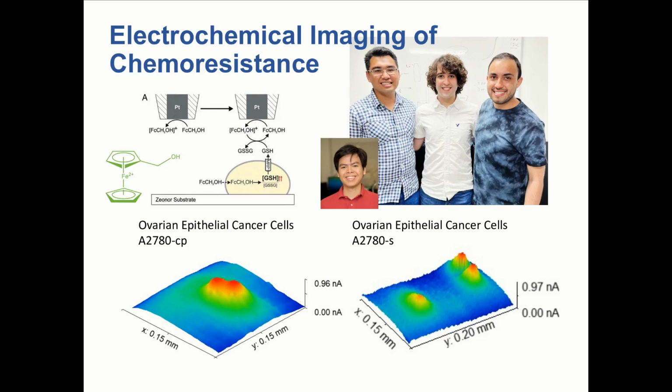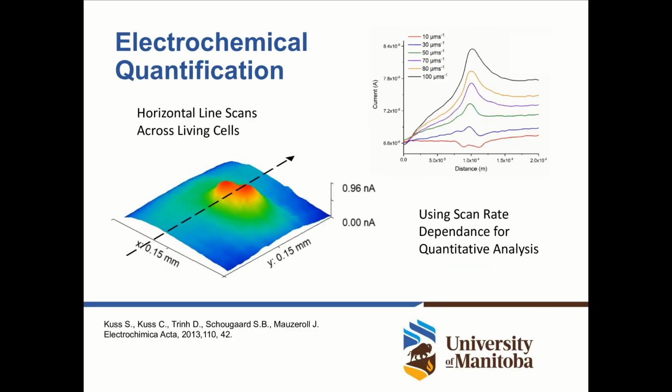And we do this for ovarian cancer cells that are resistant to a chemotherapeutic called carboplatin here. Carboplatin is one of the most widely administered chemotherapeutics across different types of cancers. And we have cells on the right-hand side that are susceptible to carboplatin. But how can we now quantify the resistance phenotype of these cells? When we scan over the cells, indicated by this arrow, we can carry out these line scans at different scan rates. And when we do so, we get an increase in electrochemical current, shown here on the right,